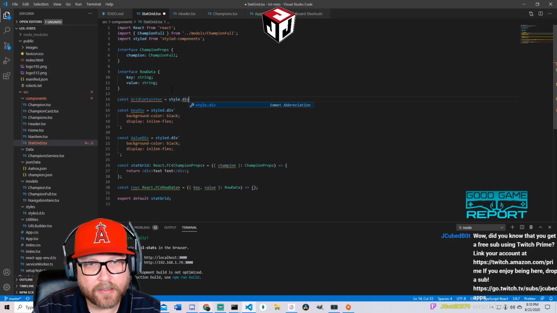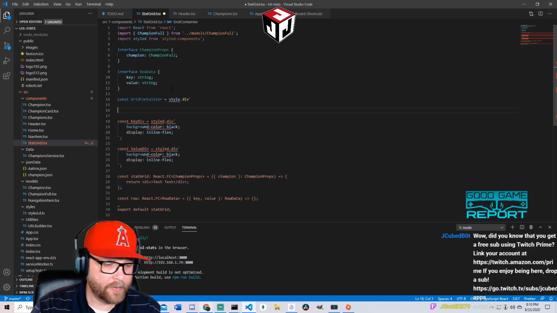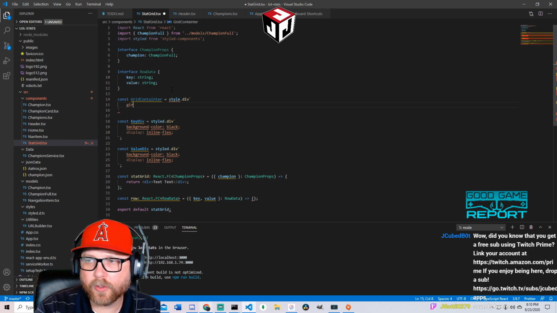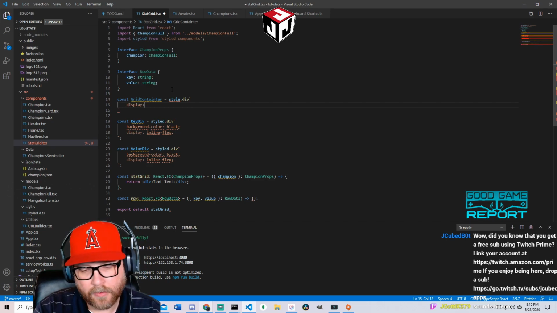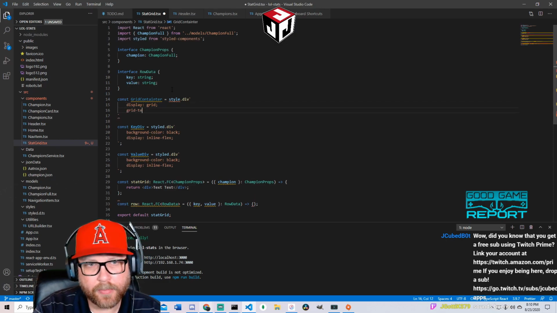All right, so we're also going to have a grid container equals style.div, not escape, and inside here display grid, template columns.